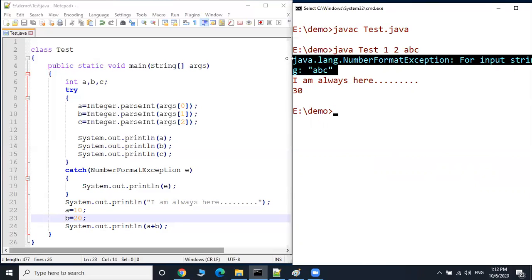So like this, you can continue or proceed with the execution of the rest of the program after carefully handling the raised exception. In our example, the exception here is NumberFormatException. So please note down the program. Next, we will discuss another exception known as NullPointerException. Please note down the program. And meanwhile, if you have any doubts, please ask me.